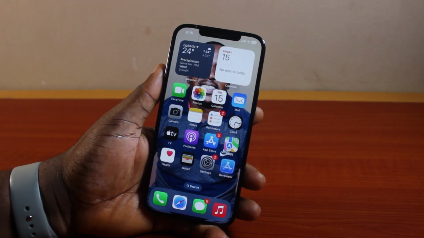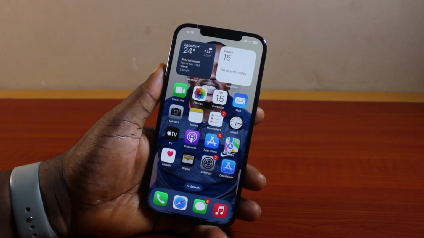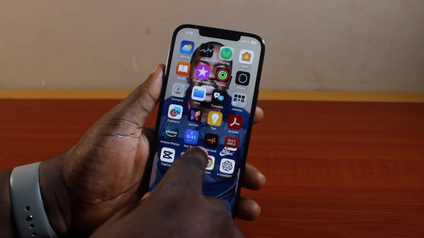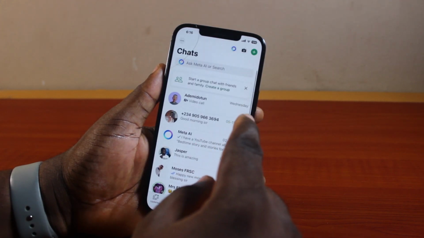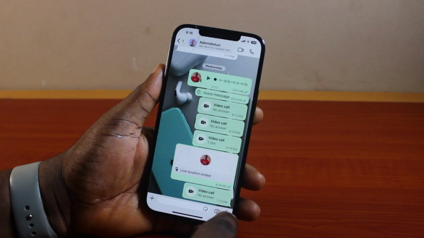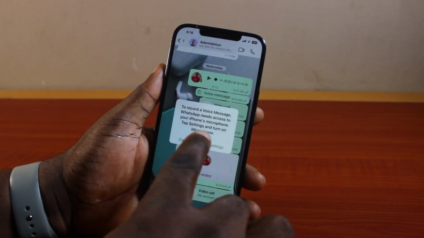How to fix microphone not working on iPhone. So if you have an iPhone and you're trying to make a voice call or a video call, or you're trying to record on your iPhone, but you got slammed with microphone not working on your phone, maybe to record